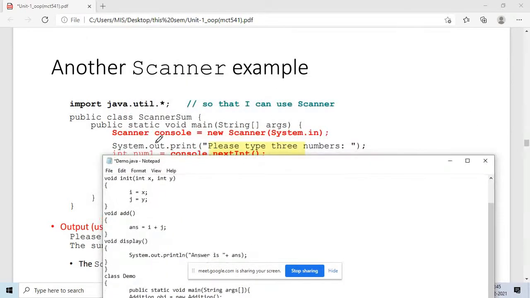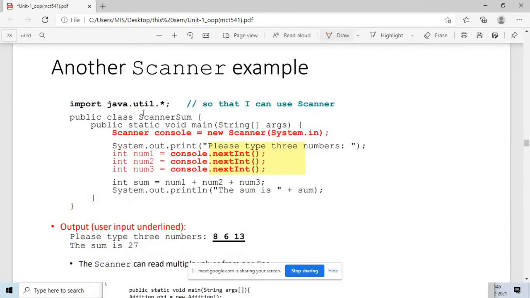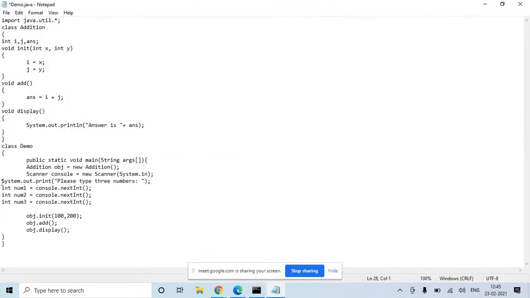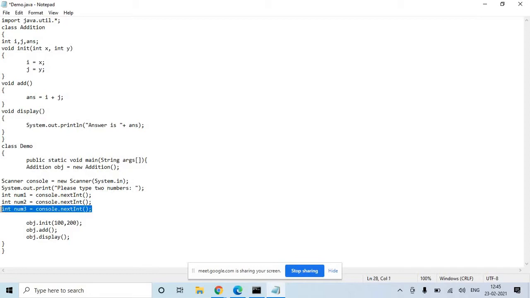So first you will write this line, one minute: Scanner console is equal to new Scanner(System.in). Let me copy this. Then, please type two numbers, we want only two numbers from the user.